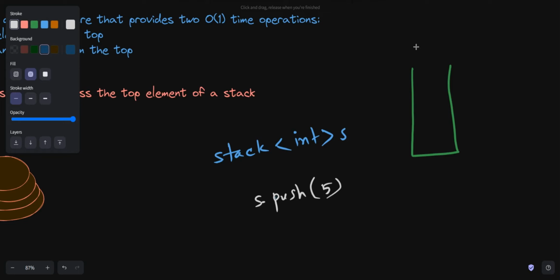So let's add an integer 5. It will add 5 to the top of the stack, right? So initially the stack was empty. I just pushed one element to the stack, so it's the top element of the stack. Let's push another integer, push 7. Okay, so now the top element is 7 and we can access the top element